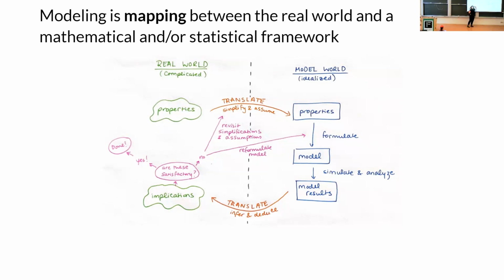Are the results trustworthy enough for the request? Does it give a good enough handle, enough knowledge, or do we need to go back? And that's where we might revisit our simplifications and assumptions and reframe the model a little bit, or we might change the choices that we're making about which distributions we are using to model this kind of noise or whatever.